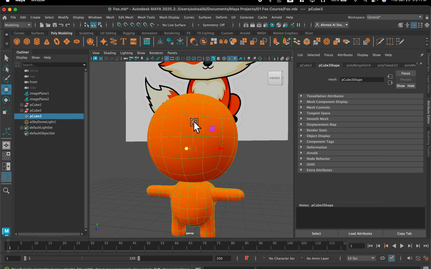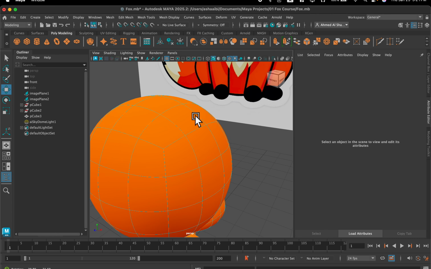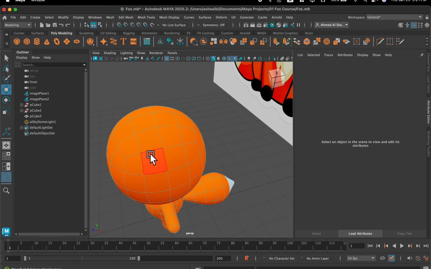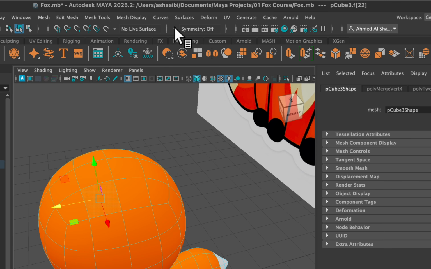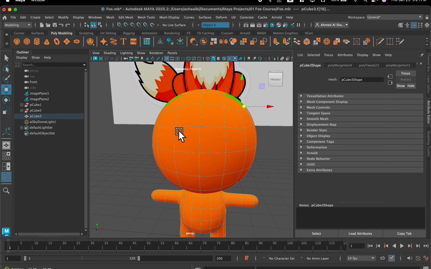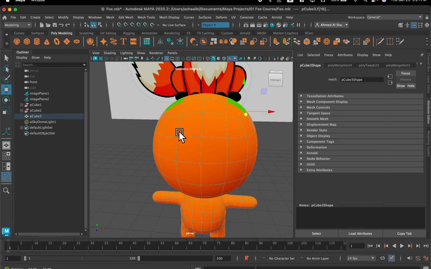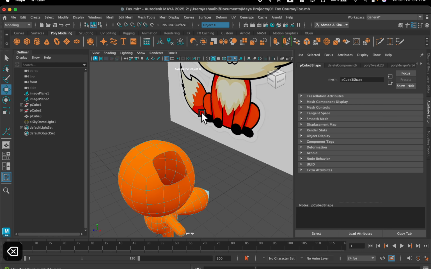Okay, let's select our object, go to face mode. Let's select some vertices for the ear. Let me turn on symmetry. I think I'm gonna have it here. Let's just delete these